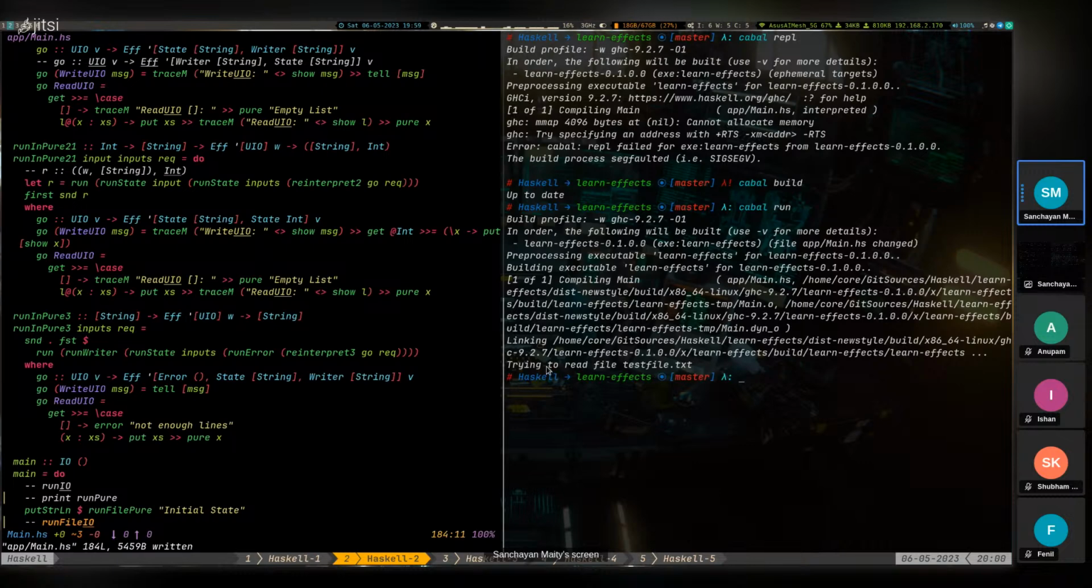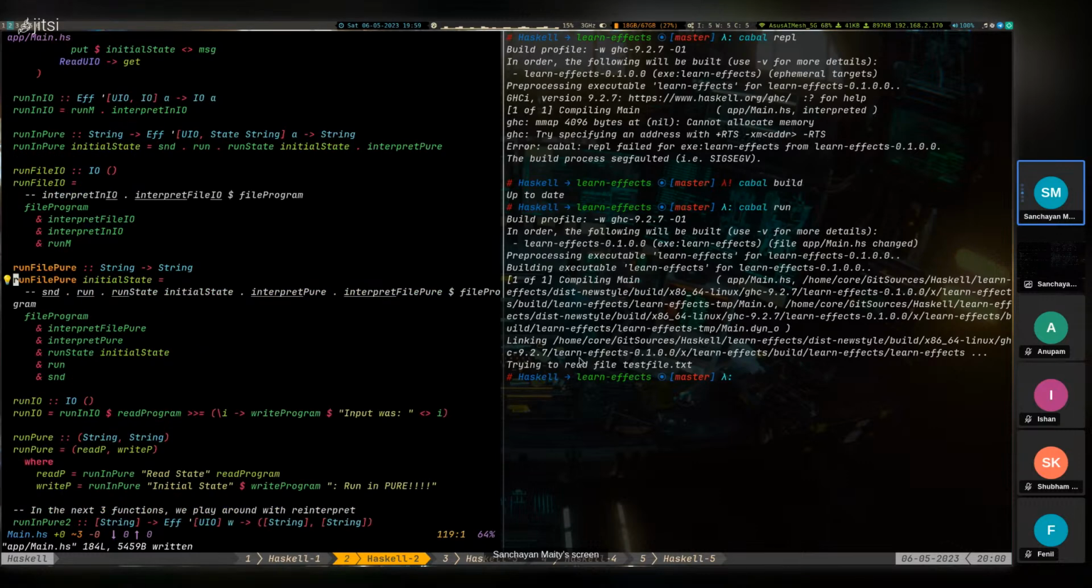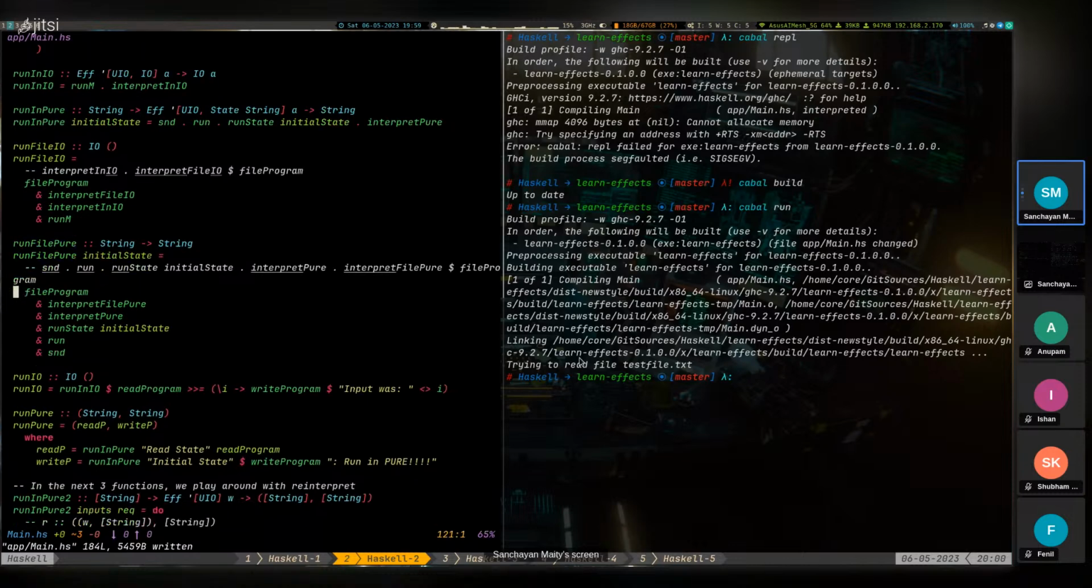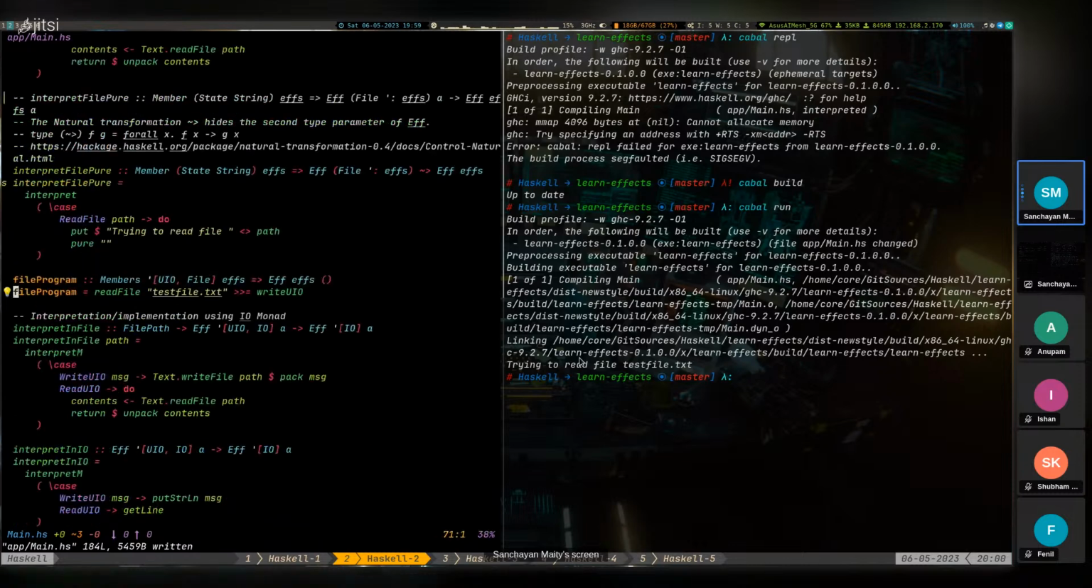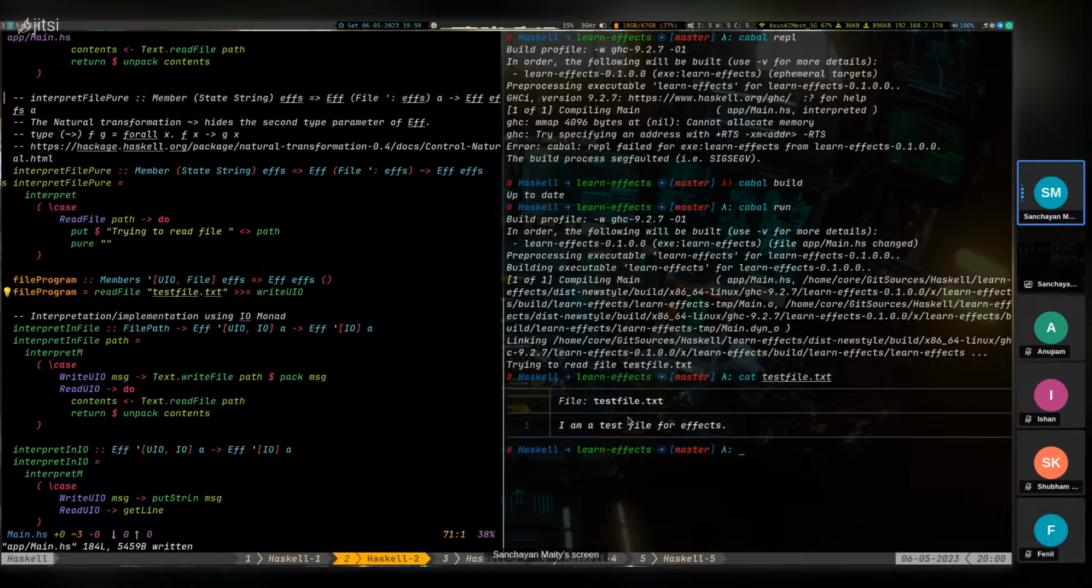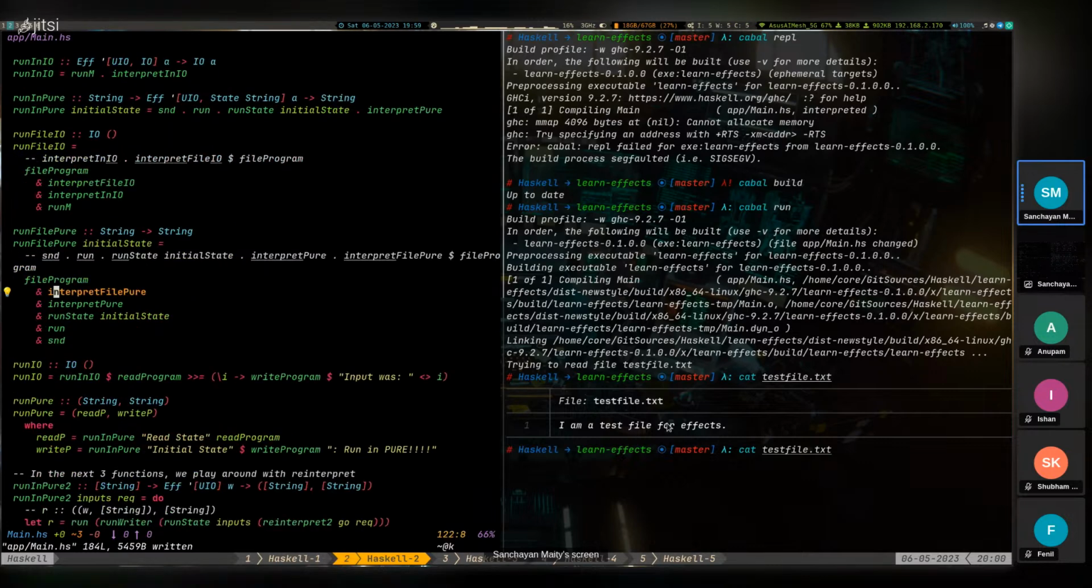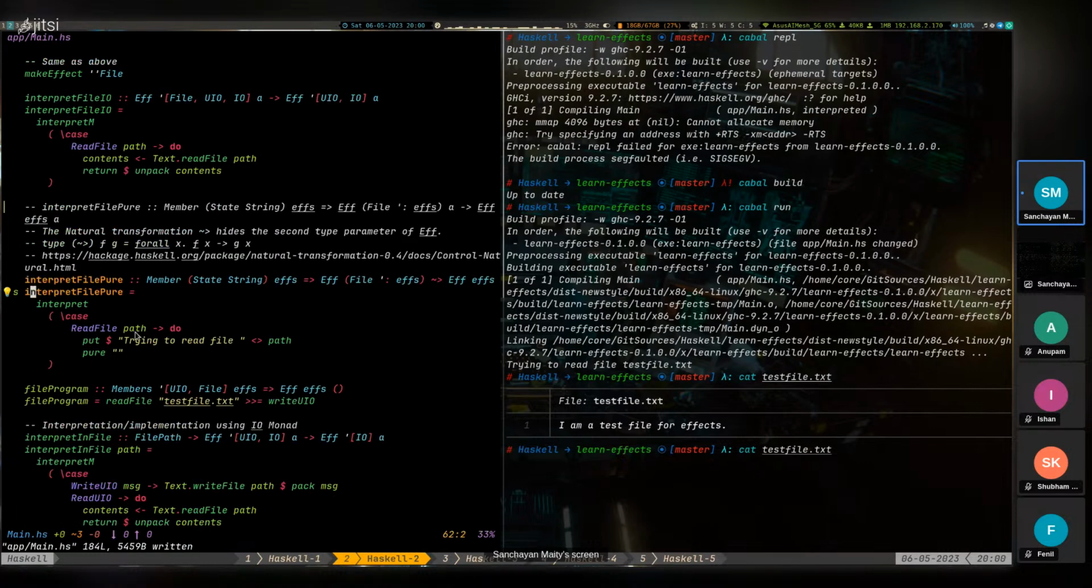So you can see it has printed out "trying to read file text file dot text", because that's all it actually does. So we have this file program which is basically reading from this text file. I have a text file already in this repo, just a dummy one. So it's taking that and interpreting it. So it gets that path,